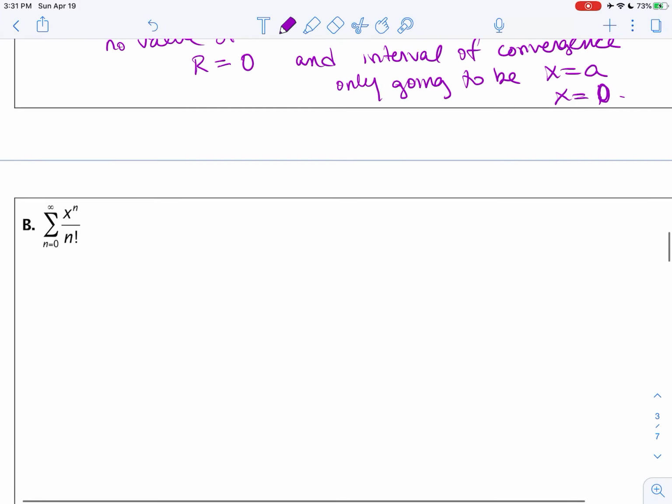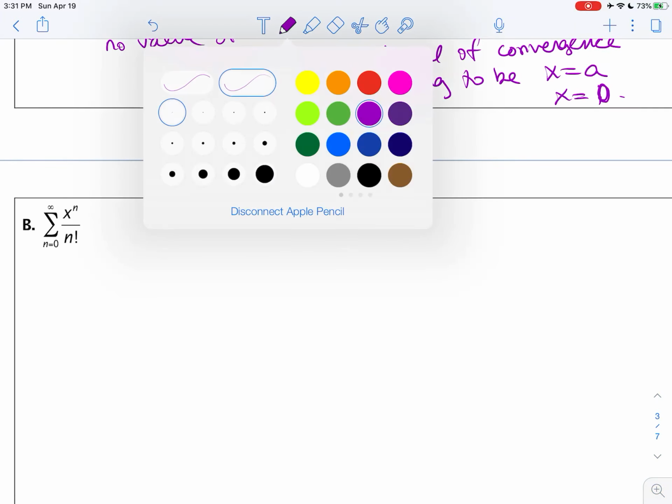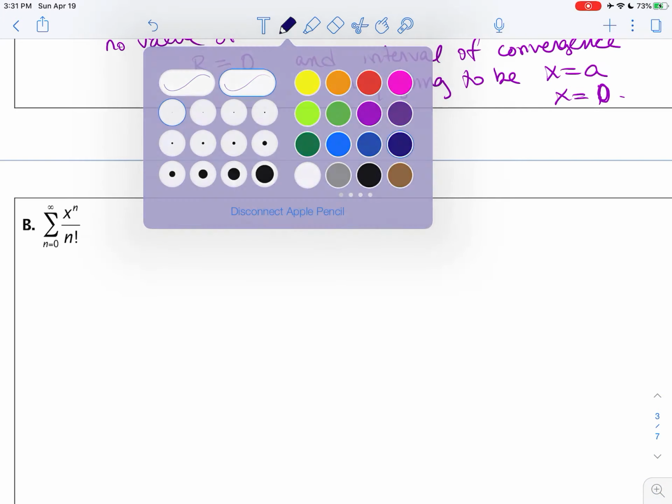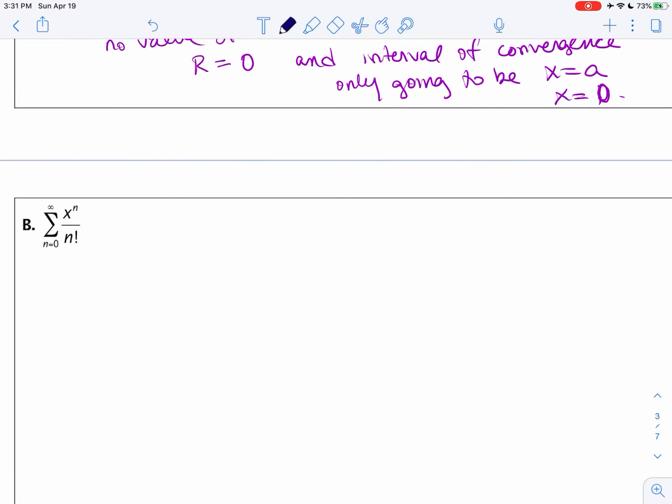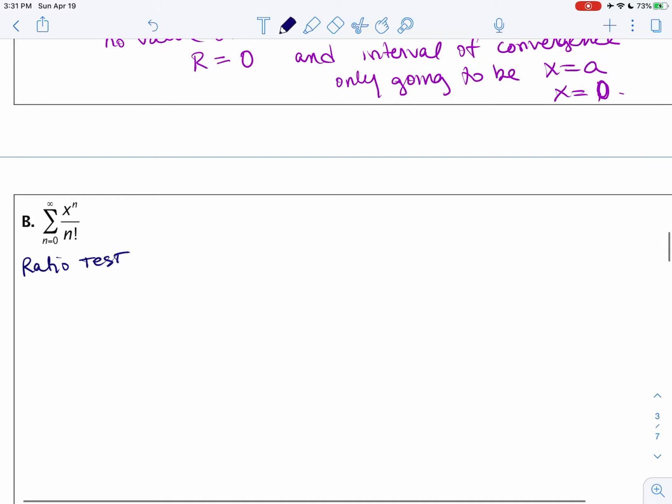All right, let's take a look at this one. You're going to find out later on that this is a series that converges to the function e to the x. But I see an n factorial. When I see a factorial, I would want to use the ratio test and force convergence. So here I use the ratio test,